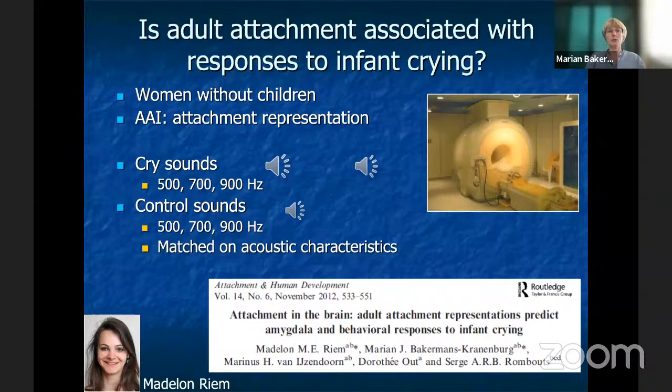We invited women without children, so that they had the same experience in listening to infant cry sounds, namely not too much. And we administered the AAI so that we had their attachment representation, and we made them listen to infant cry sounds. Now, should you have forgotten what an infant cry sound is like,